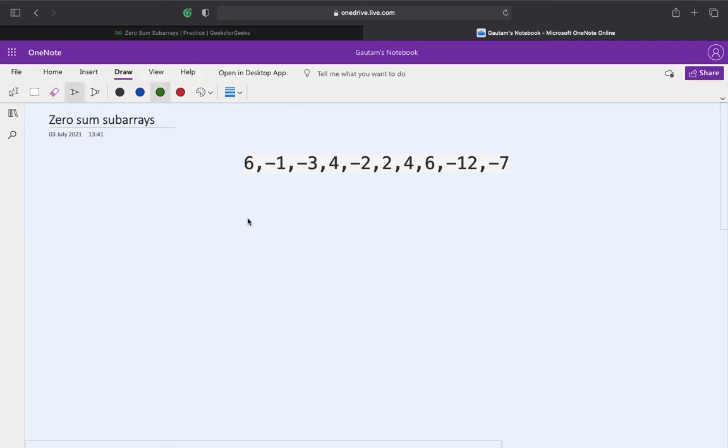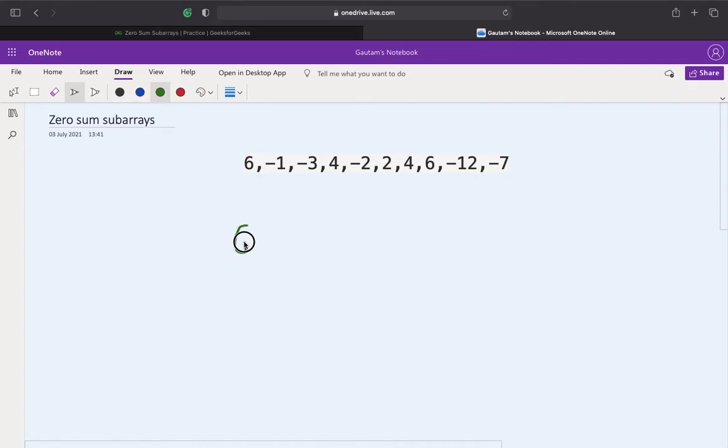Okay. So what is a prefix sum array? We'll add each and every element. The first index will contain the sum of elements from index 0 to index 0. For the second index, the element will be the sum of array elements from index 0 to index 1, and in the third index the sum would be from 0 to 2. So basically the prefix sum would look something like this.